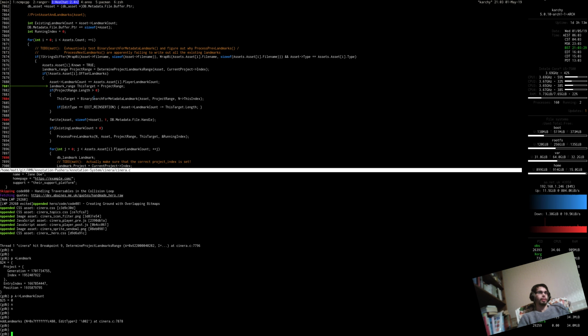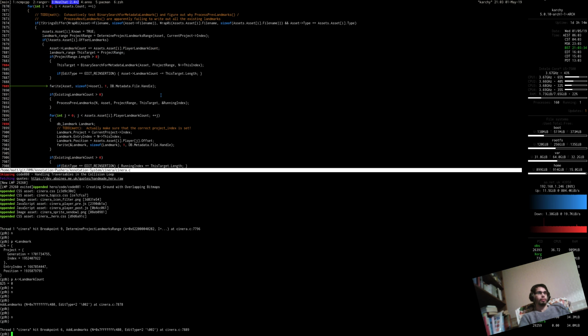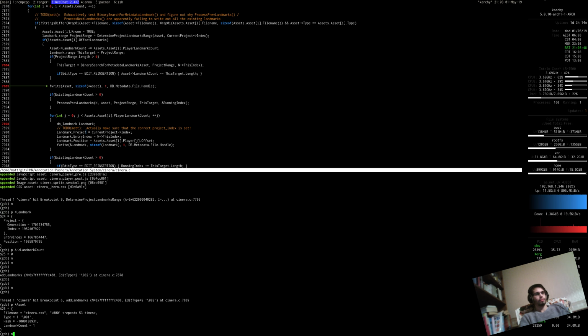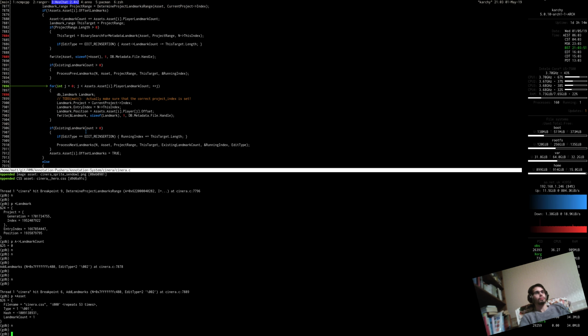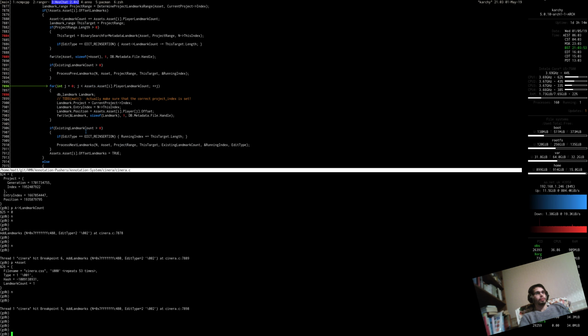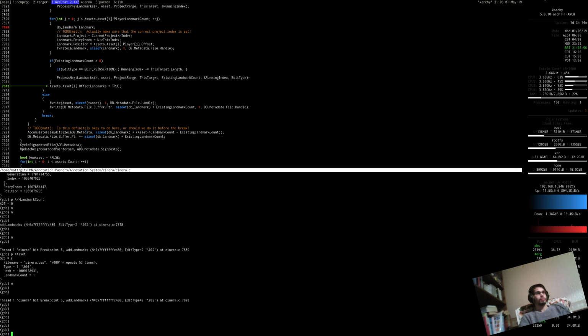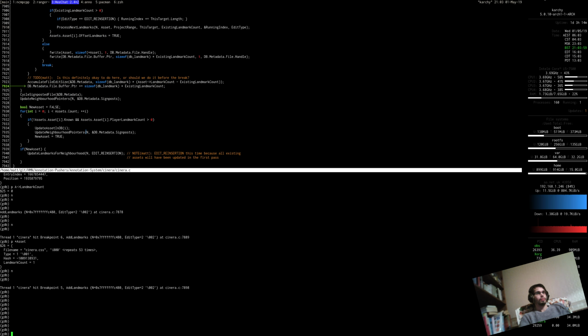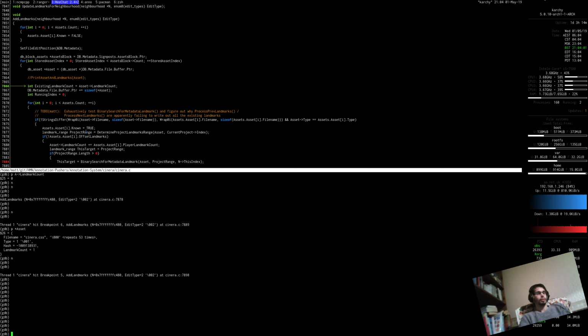And then we're going to be passing the project range to binary search from edit landmark, which is going to produce, well, I'm not going to get there, because the project range was just length 0. One landmark. No latest thing. Then we're going to do our dude, which is as we want to do it. Right, and then we've got the next asset. So I think we should just keep on going through until,